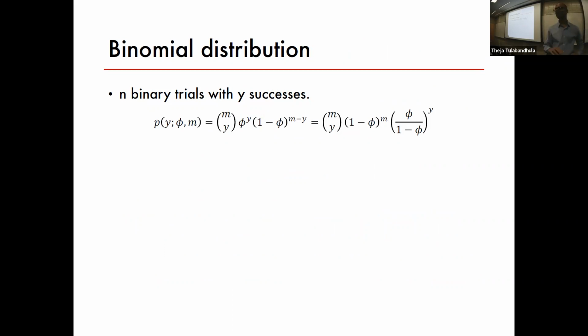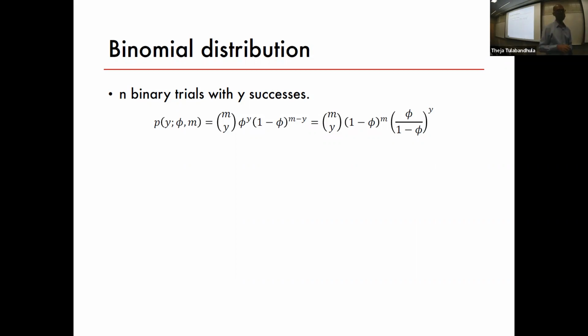Previously we saw Bernoulli. Now we're going to talk about binomial. How are Bernoulli and binomial related? Let's say there are 10 Bernoulli trials. 10 times I flip a coin. Each time I flip a coin is a Bernoulli random variable. It can land heads, can land tails. Then a binomial random variable is a sum of these 10 Bernoulli random variables.